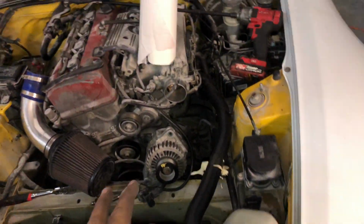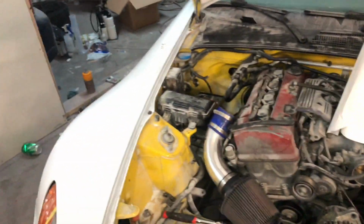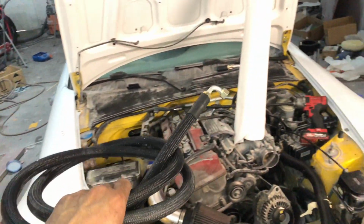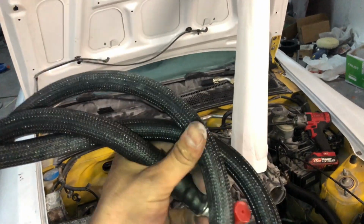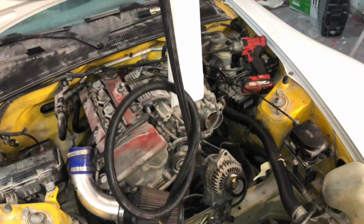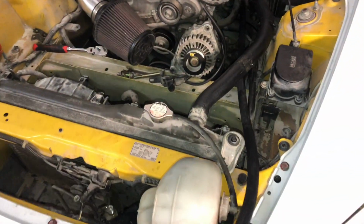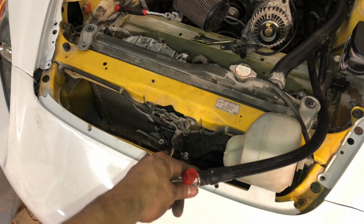Okay, so now that you know that you have to do this, we're gonna go ahead and start installing the kit. The very first line we're gonna start is gonna be the long one, the braided one, and I'm gonna show you how to do that. So give me 1 second, and I'm gonna get it routed up. Right, so I got the first line routed, and you can see this side is gonna be mounted into the AC